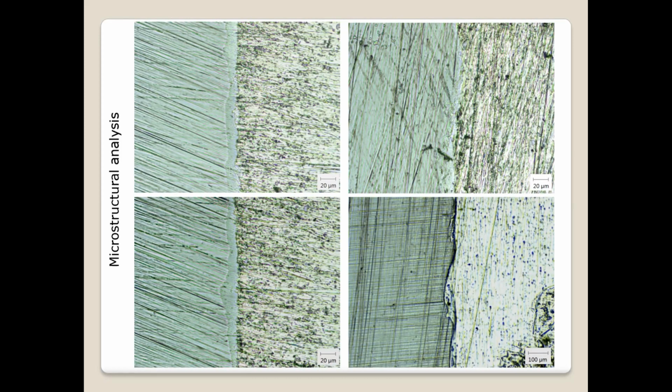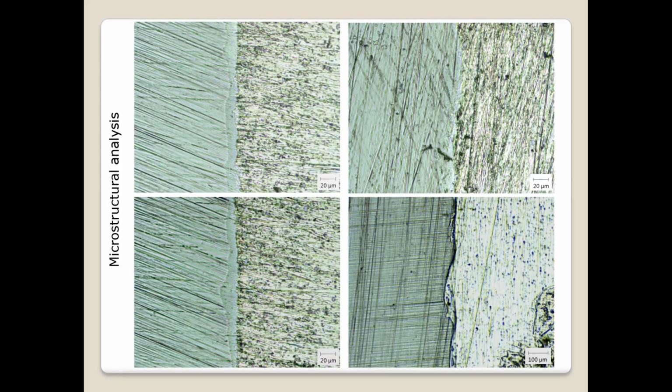But what should be noticed is that we do not have the typical wavy structure which was expected for explosion welding. This is actually the consequence of the quantity of the explosive and the low bulk density. We have tried to weld two more samples this way, but with a lower quantity of explosive, and we couldn't. So this is the first quantity with which we have achieved the welded joint. So probably in the future we should try to increase the quantity or the thickness of the explosive layer over